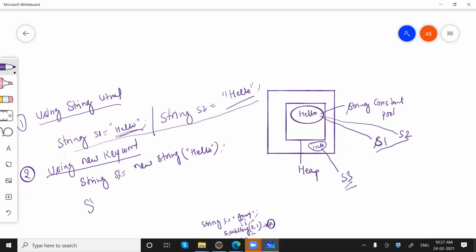Let's say I'm taking String S4 equals new String. So it will create a new string again, and S4 will be assigned to this because we are using new. So whenever we say new, every time a new string will be created. Getting my point, guys?